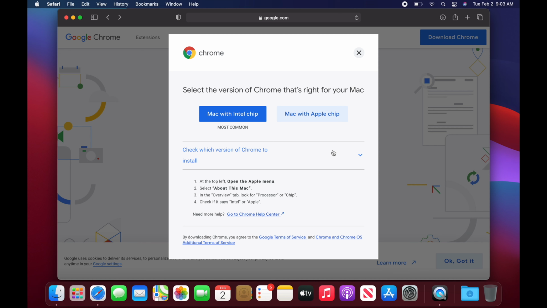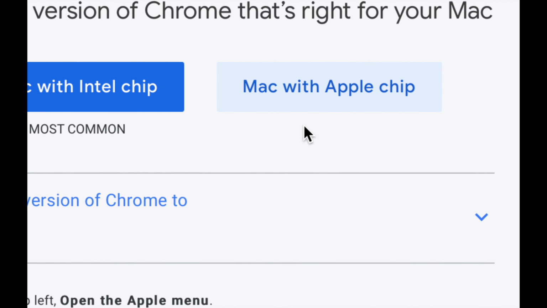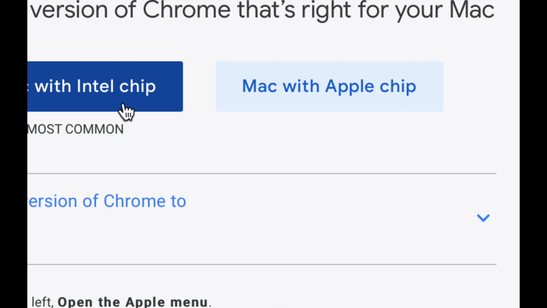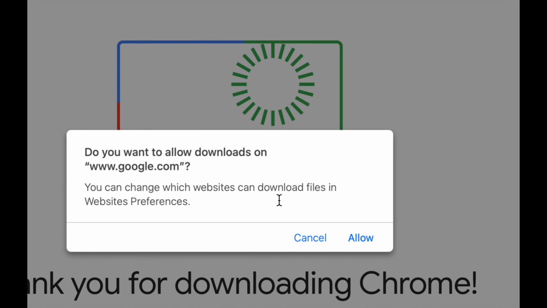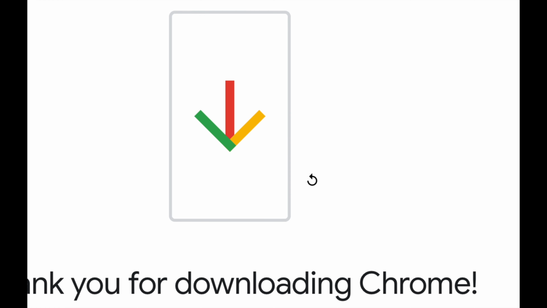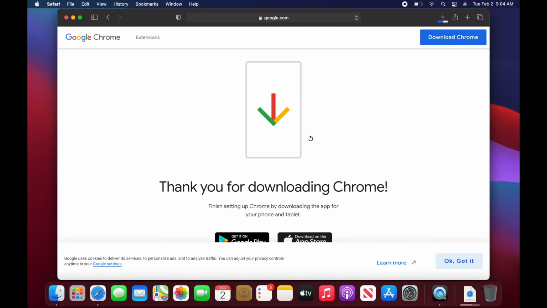Anyways, once you guys verify which one you guys actually have, just go on and select your second option or your first option. In this case, it is an M1, so we're going to click right here. We're going to see this message. We're going to go into allow and it's going to download. Now, one more thing, since this will take some time downloading. Well, actually, it's already done downloading, but to get everything set up correctly, we're going to go back into System